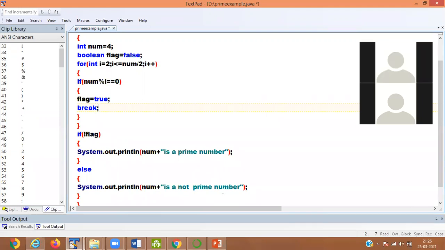Shubham: Sir, what is flag, sir? Flag is a variable only, like int. Sorry, boolean is a data type. Flag is a variable. Like int, boolean is also a data type.